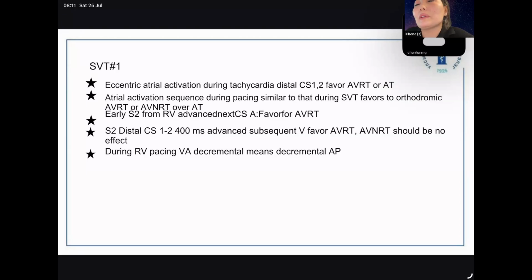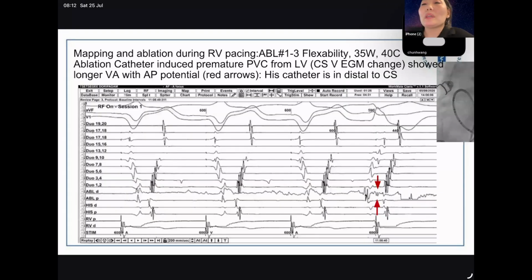Also, during RV pacing, we usually observe the VA interval being constant if the accessory pathway conducts rapidly. In this case, we just observed VA decremental conduction. It means maybe an accessory pathway with decremental conduction. So we diagnosed this as a left lateral accessory pathway with decremental conduction, and we started mapping and